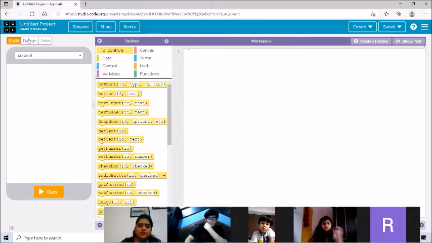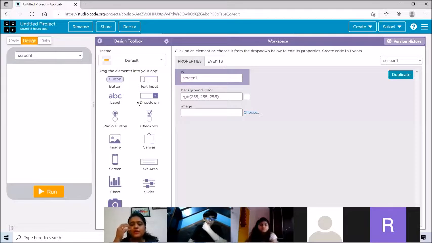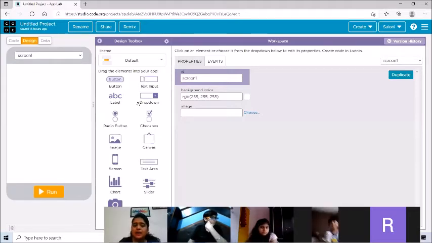Okay, so click on the design button. On the top left corner, there is a design button. Everyone can see that. So I'll click on the design button. As and when I click on the design button, in the center, we have different toolbars. Like these are the different design components. Okay, like the designing of our face is eyes, nose, lips, these are the components of our face's designing. In the same way, these are all the components for designing our app. Okay, you can use any of these to design your app. Fine.